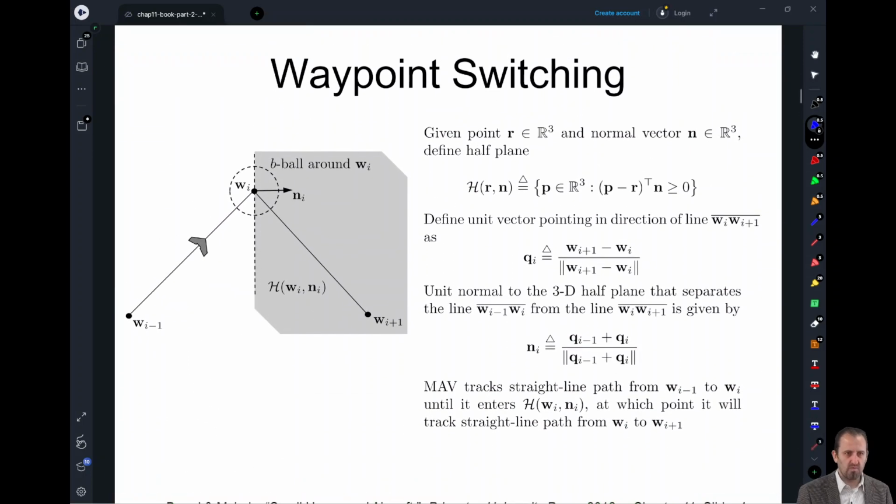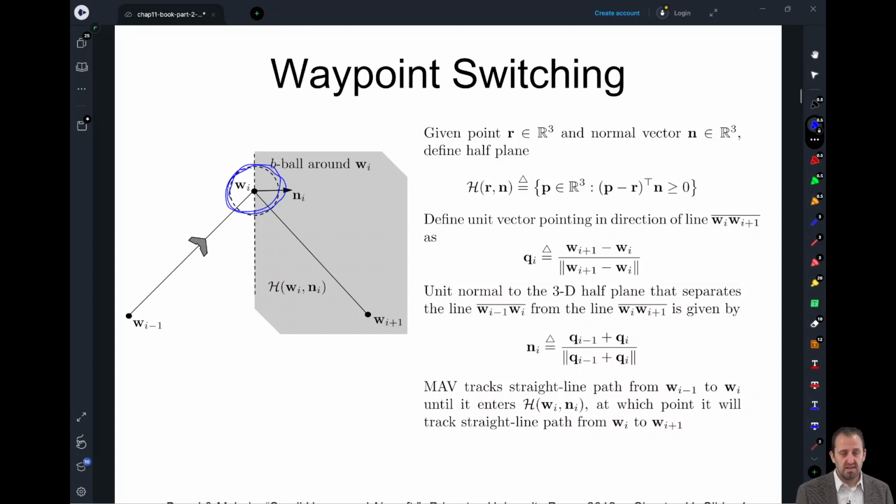The first was the waypoint switching, and we discussed two sub-techniques within this. The idea here is we want to switch once we get to a waypoint. Now, we had a couple different switching strategies. The first was naive but very simple. It's just switch based on a ball. Once I'm close enough to the waypoint,